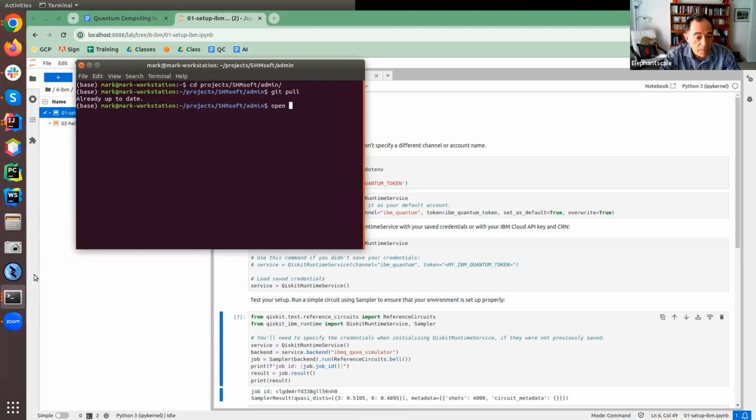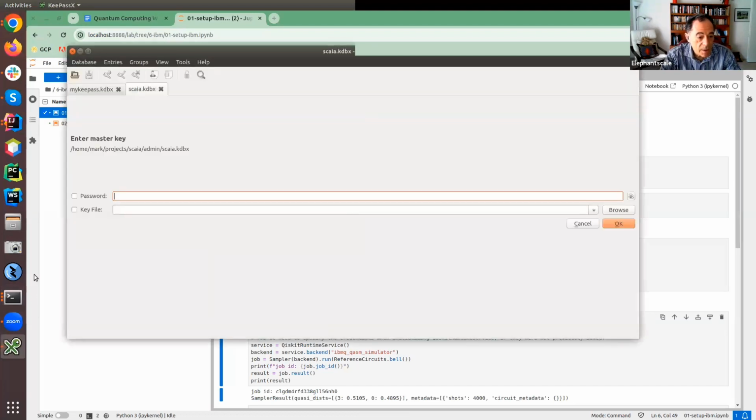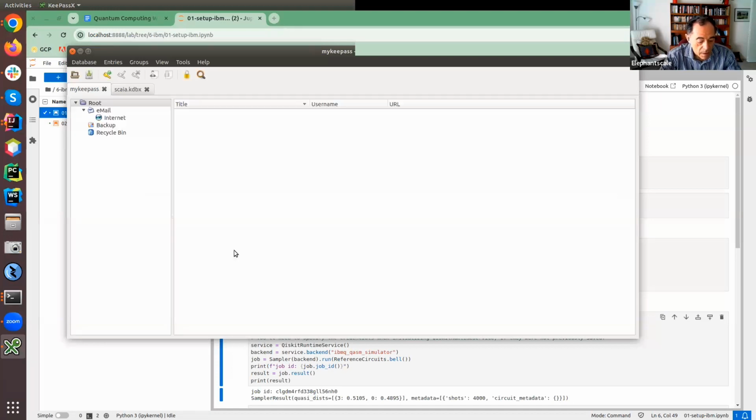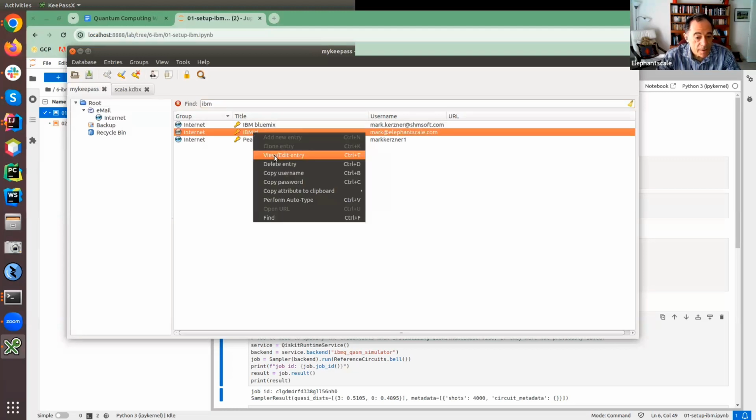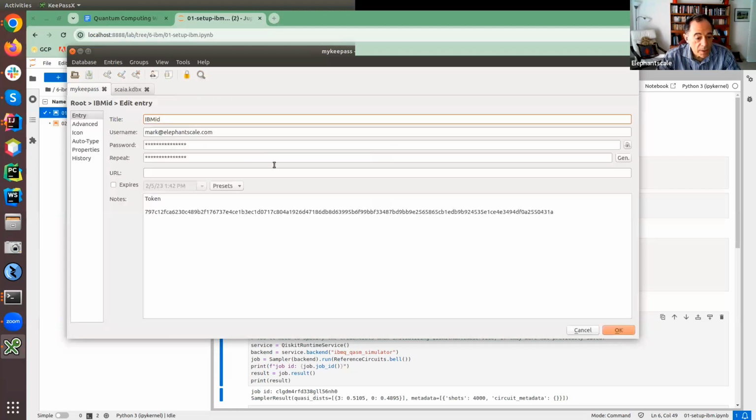Okay, so I open my secure database of my passwords, and search for IBM. That's where it is. And I have an account and it's called IBM ID. So I want to open this and